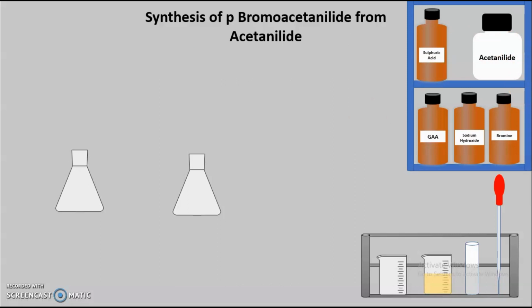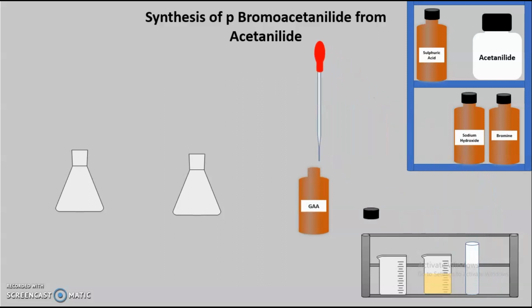Now if you read the procedure, we are going to prepare two solutions. One solution is acetanilide in glacial acetic acid, and the second solution is bromine in glacial acetic acid. So first we will prepare the first solution. Here you can see that we have taken the bottle of glacial acetic acid. A pipette will come, it will take